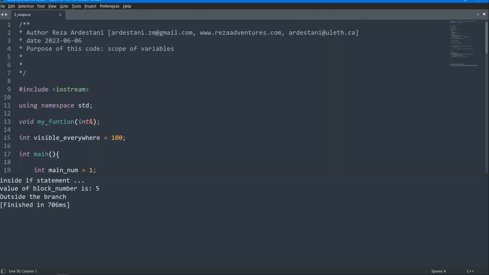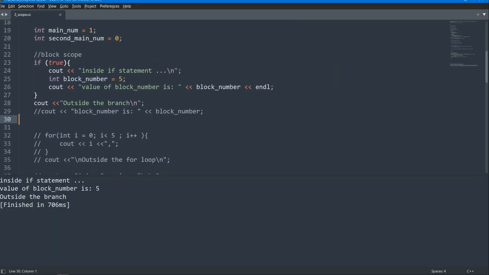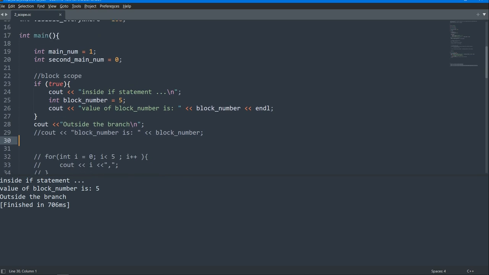Okay, let's go to the code and discuss them in detail. Here I have a main function, and inside this main function I have declared two integer variables, main number and second main number. And next I have a block. It's an if statement, and we will always go to the